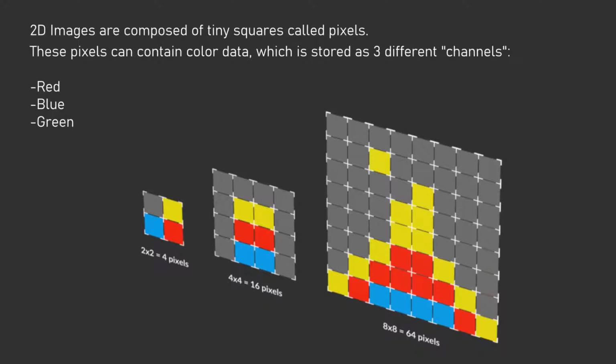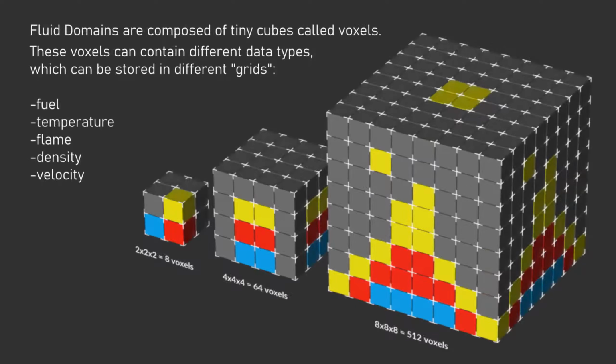Similarly, a fluid simulation domain is made up of thousands or even millions of tiny cubes called voxels. In the same way that a 2D image can have different resolutions, a 3D domain can also have a different amount of voxels, or resolution. In other words, detail or fidelity. Now, most of the time, these voxels can contain fuel, temperature, flame, density, and velocity. They can also contain color and other useful information, but these 5 are the main types of data that we